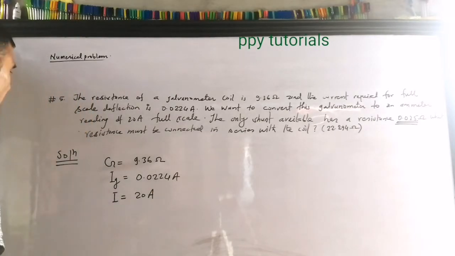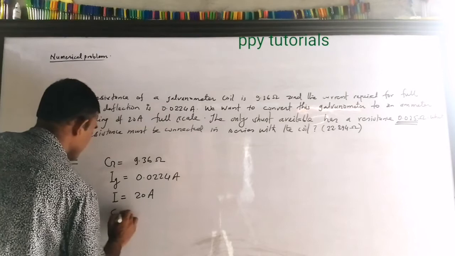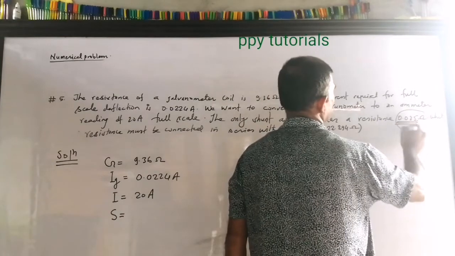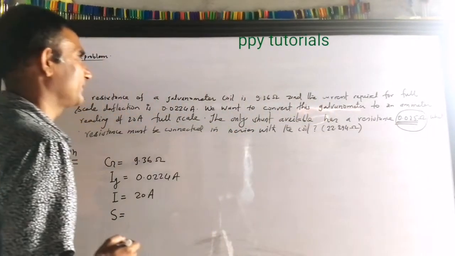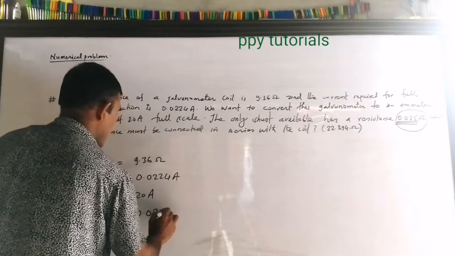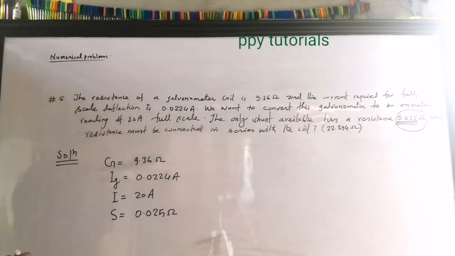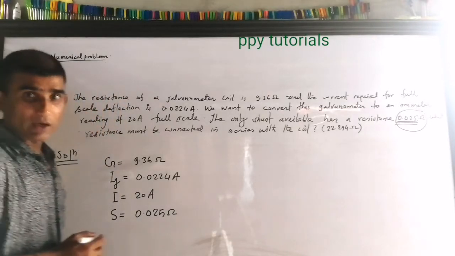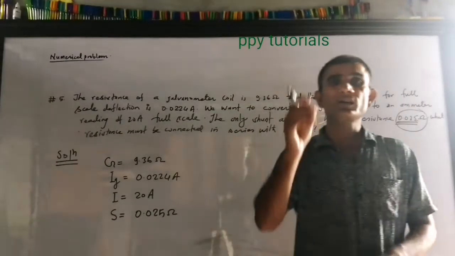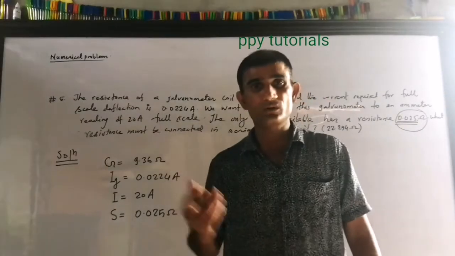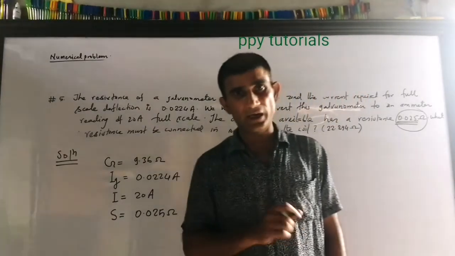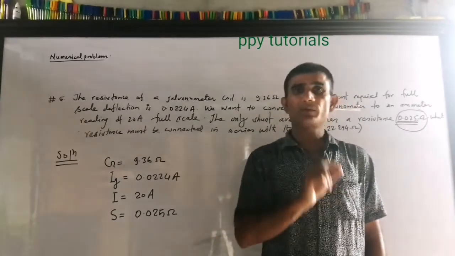But we can't choose the shunt this time. The shunt is already given, because in our lab I have only one such shunt resistance, a low resistance of 0.025 ohm. If I have only this much, then how can we convert? In the previous question that we just did, we were choosing the shunt. But this time the shunt is already given and we are not allowed to choose it. So how can you use it? This is a special question, so remember, this type of question needs proper attention.